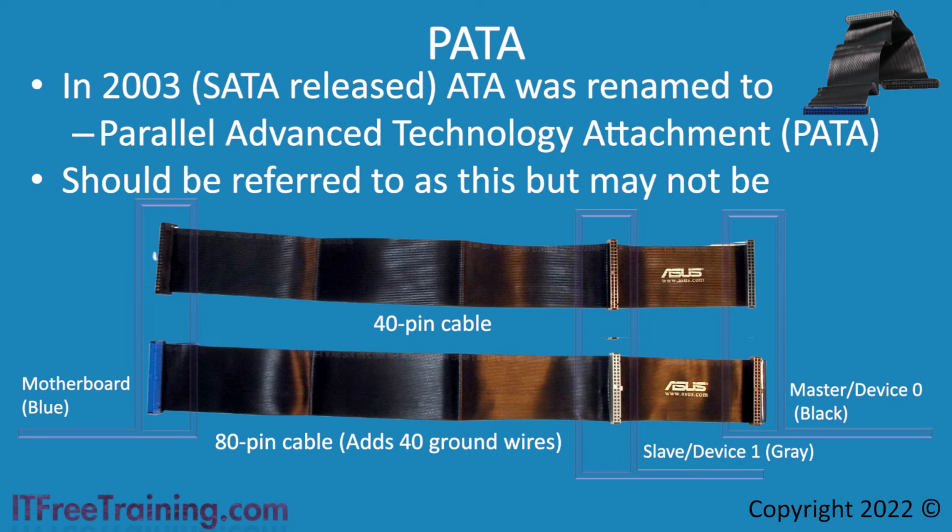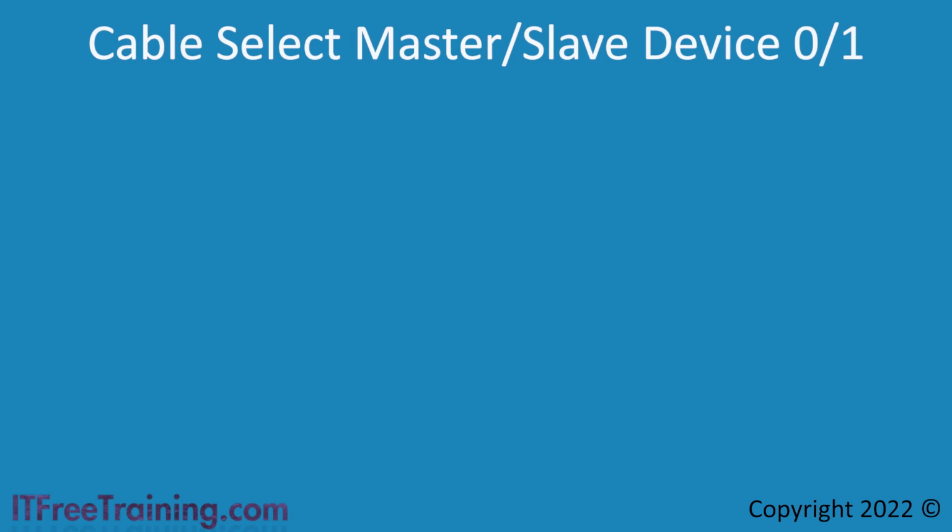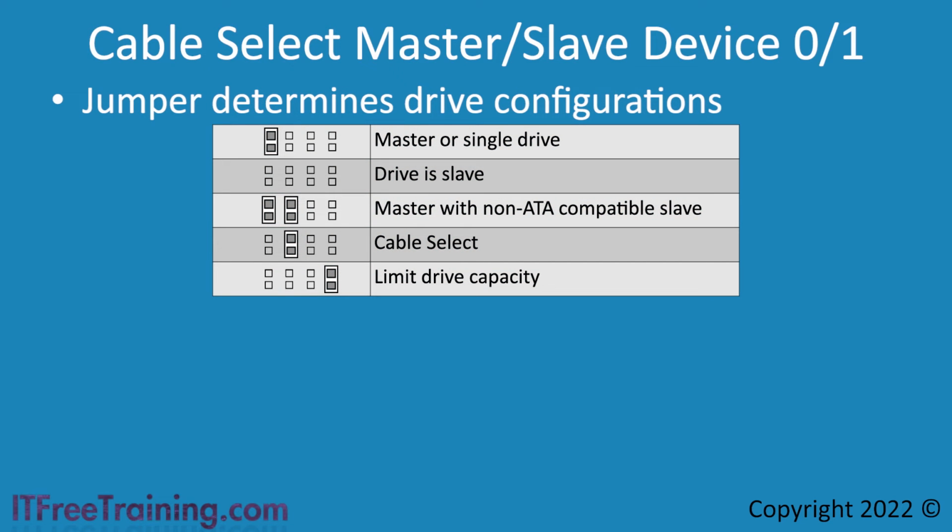Let's have a look at the other way. Most PATA drives will have jumpers at the rear of the drive. These jumpers determine the drive configuration. The hard disk will generally have a sticker on the top of the drive to let you know what effect the jumpers have on the hard drive. Shown here is an example of the jumper configuration. Many hard disks will follow this jumper convention, however, you should always check just in case.